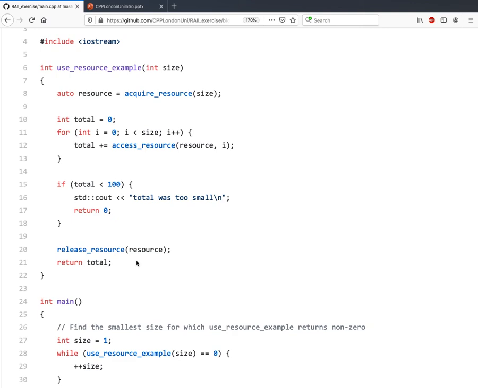The solutions to this exercise are on the GitHub page. I don't want to go over them now because I think this is a really, really valuable lesson to get used to doing this thing of using constructors and destructors, right? So if you have the time to do it, I would really encourage you to go and work through the exercise and get it working and see that, okay, well, now we're not leaking things anymore. This is good. But if you do want to look at the solutions, where are we?